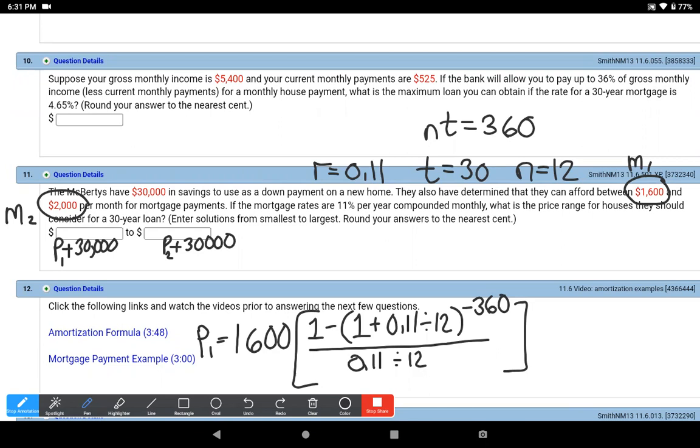So 1,600 times parenthesis 1 minus parenthesis 1 plus 0.11 divided by 12 end parenthesis raised to the negative 360 end parenthesis, you're ending the numerator, divide by parenthesis for the denominator 0.11 divided by 12 end parenthesis for the denominator, end parenthesis for the quotient, and we have a P1 value of